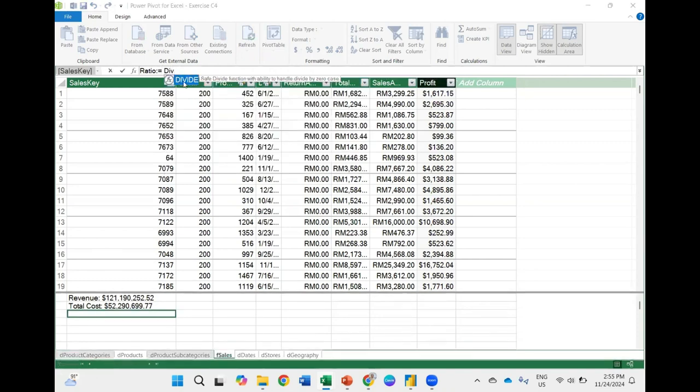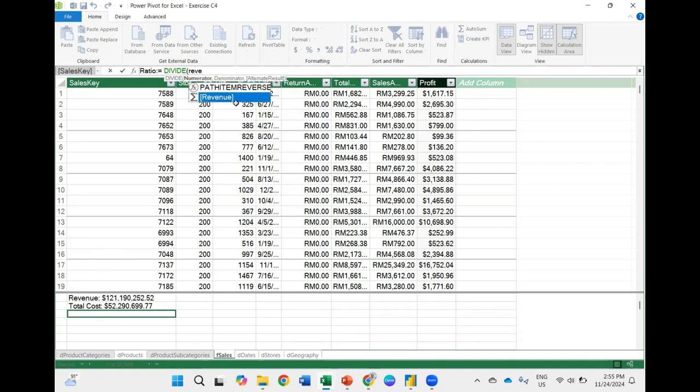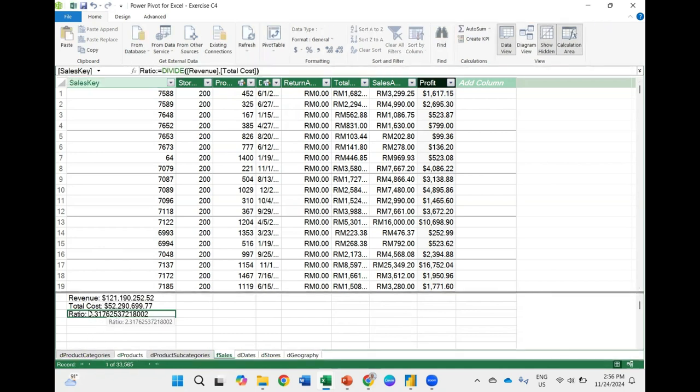We will divide revenue, the numerator, by total cost, the total cost that we already calculated here. Close and enter. So it's a ratio.